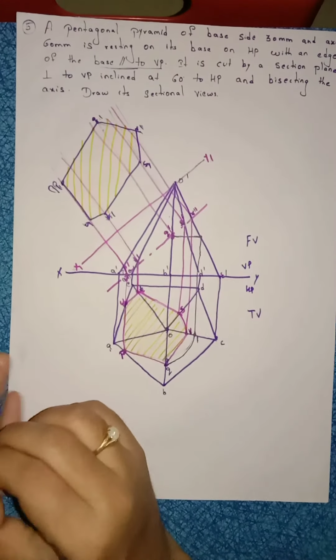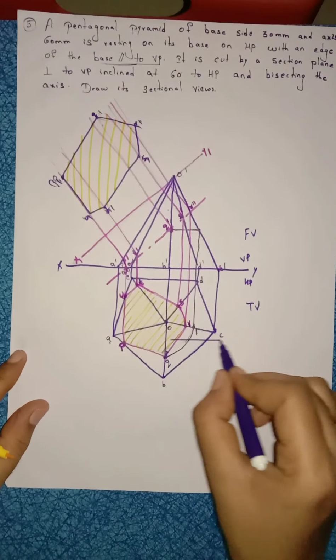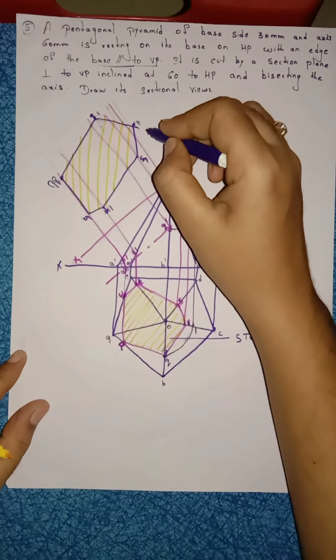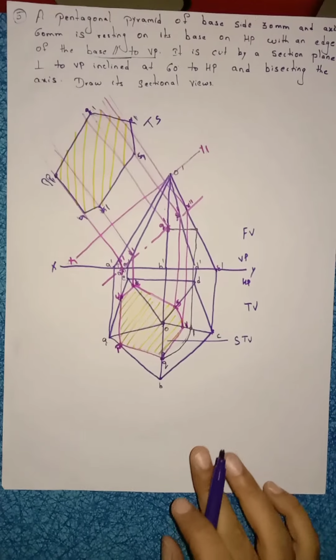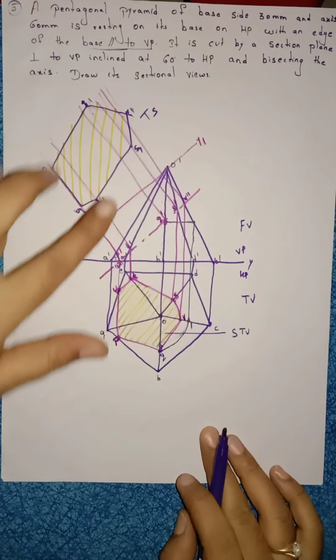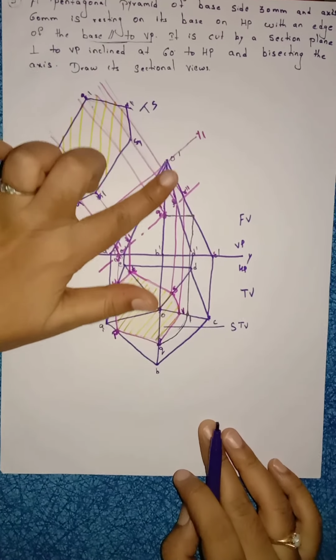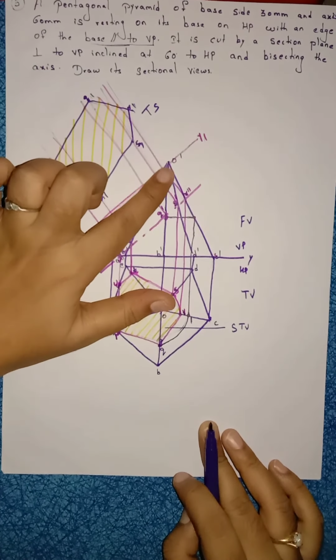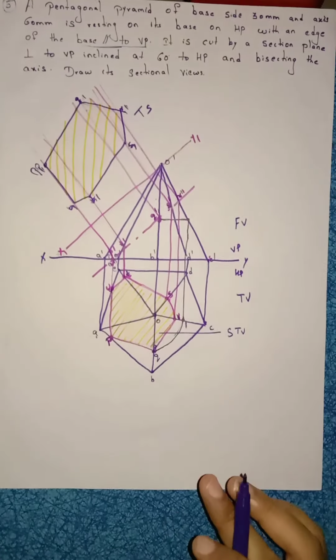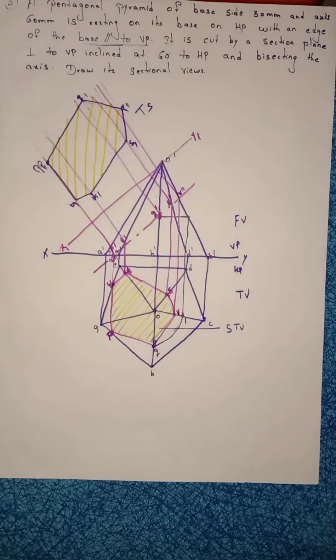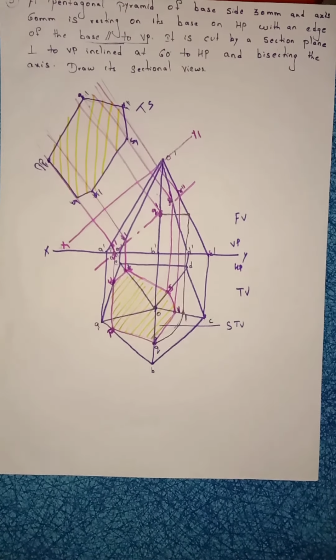After completion of your problem, front view, top view, sectional top view, true shape, also mark the dimensions properly. Now in this question, we are removing this portion, till here only the sectional plane. We are removing this portion, so this portion should be very light. So practice these problems. Definitely you will understand what we are doing.